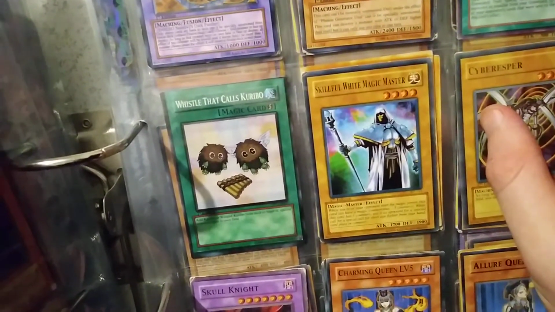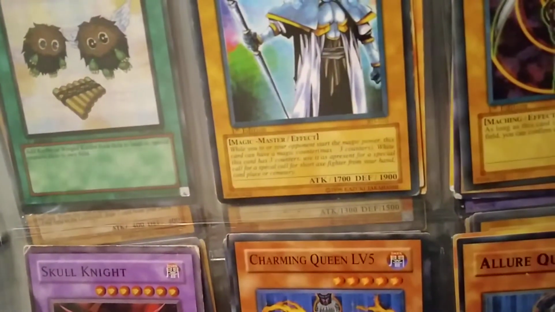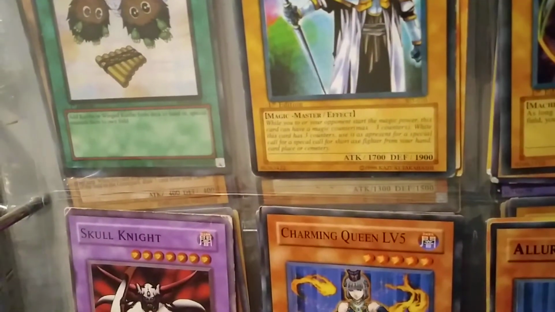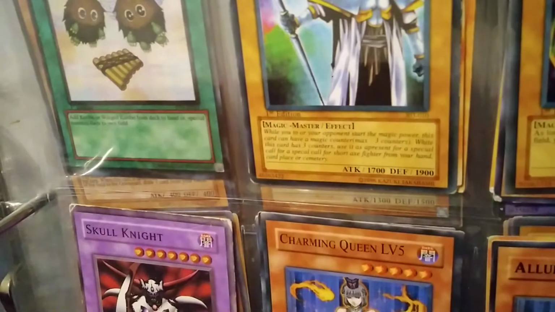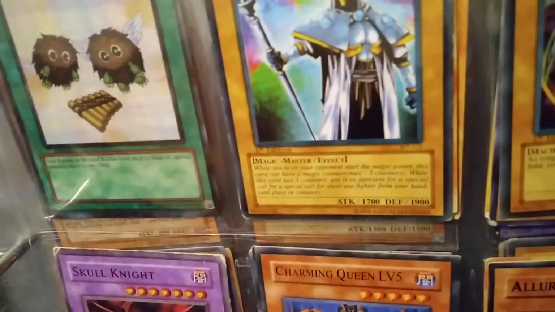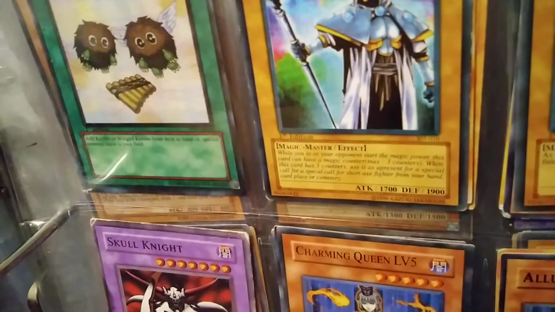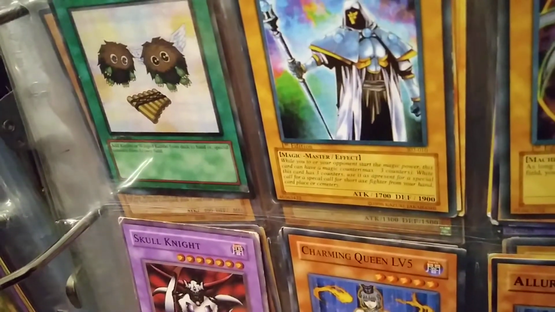Skillful White Magic Master. It's a Magic Master type. Just the names. The names alone, but then the grammar. While you to your opponent start the magic power, this card can have a magic counter max 3 counters, while white this card has 3 counter. Hang on, I gotta look off camera. White. This card has 3 counters. Use it as a present for a special call for short axe fighter from your hand. Card place a cemetery. Oh man,